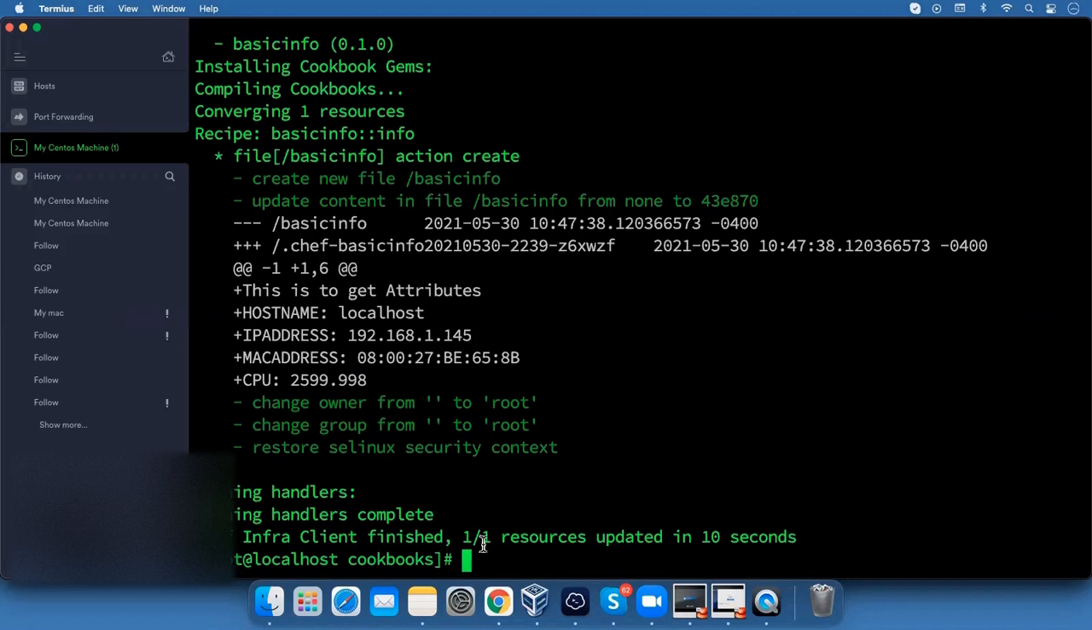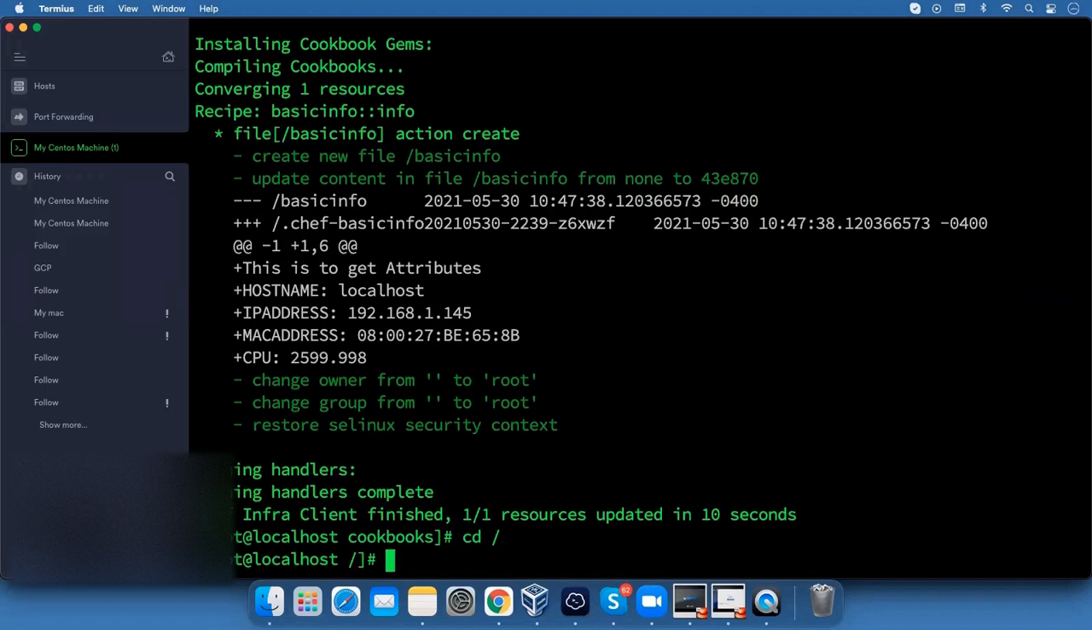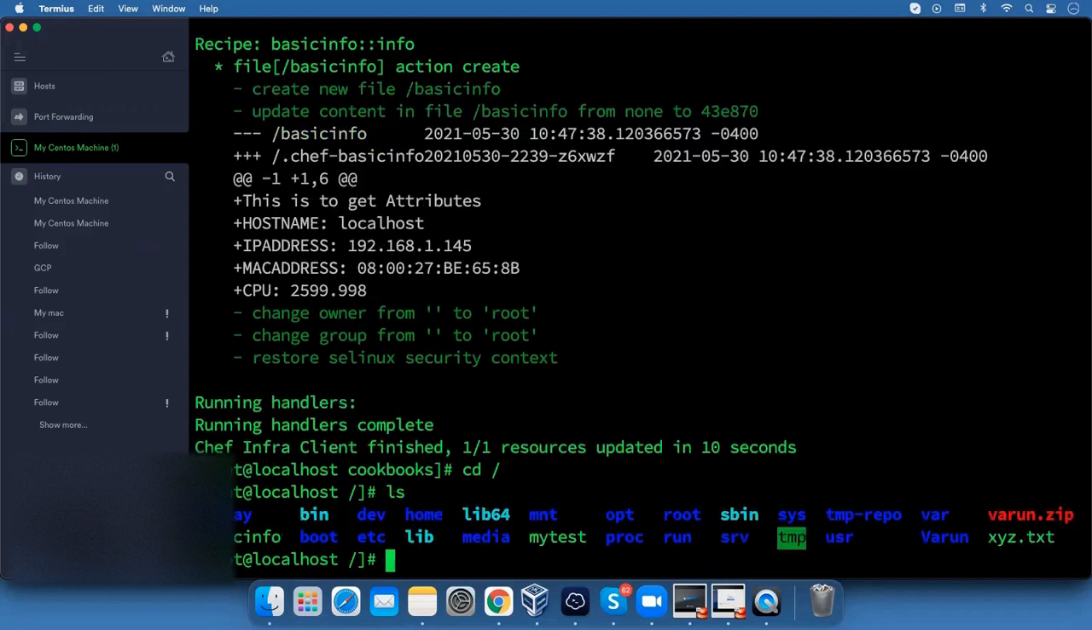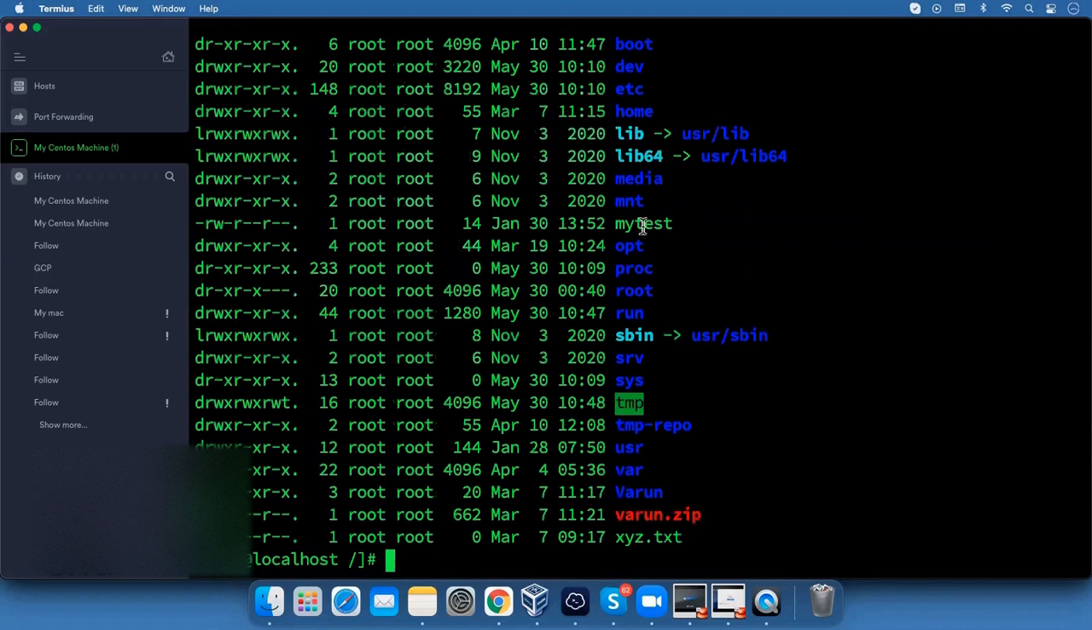And you can check also with cd, root. I created a new file at location /basic info. So you can see with ls, there is one file created, basic info. And if you see the metadata of this machine, so you can see